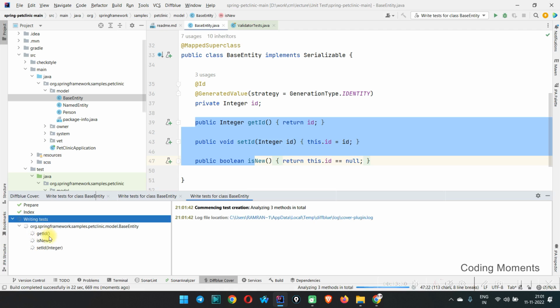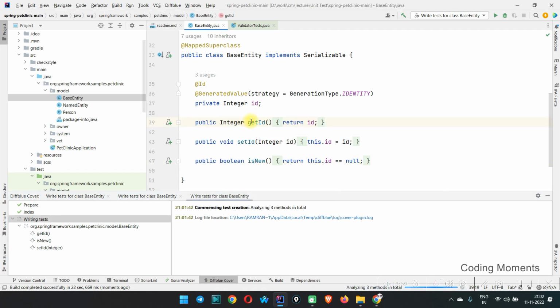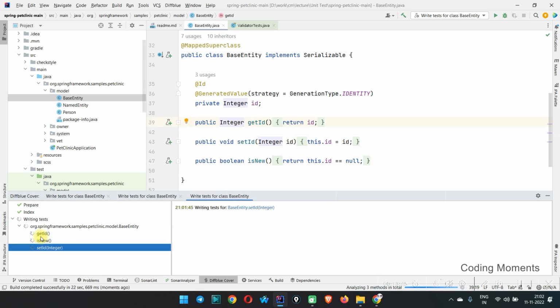So getId is here, isNew is here, and setId. Why is it coming like this? The order is first getId, then setId, then isNew. But here you can see first getId, isNew, and setId is last. Why? Because Diffblue always follows alphabetical order. So to generate the test cases, first it arranges in alphabetical order, then it starts writing the